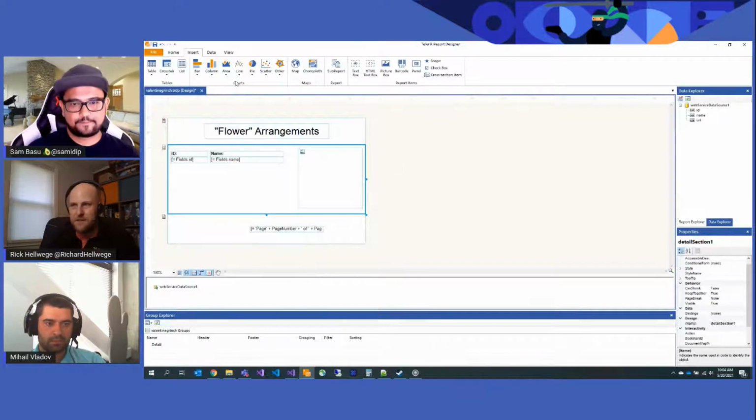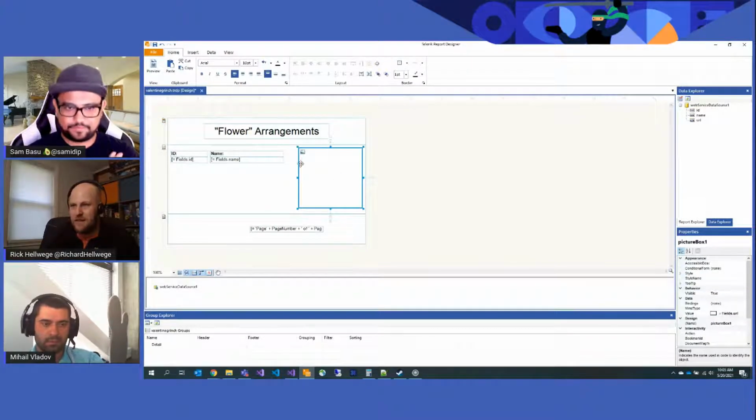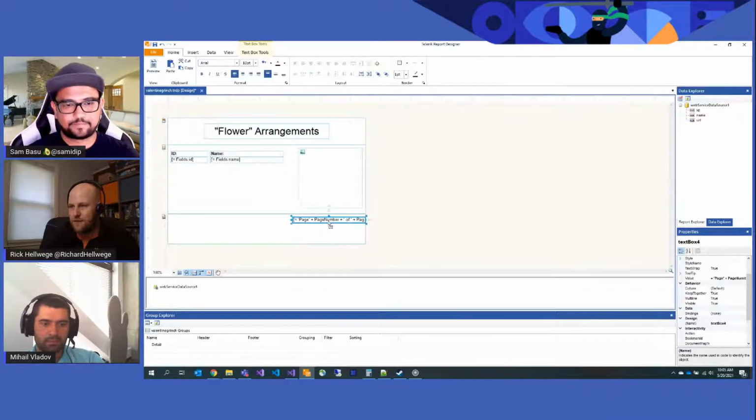So everything's based around pages, because ultimately the guarantee of reporting is that regardless of how you choose to view this, how you render it, whether you view it on a screen, print it off of your printer, export it to a PDF, export it to Word, it's going to look the same. The consistency, the fidelity you want to maintain. Yeah, absolutely. We'll always have our image here, to the right of the name. We'll always have our page footer over here below this. Nothing will get pushed to another line.